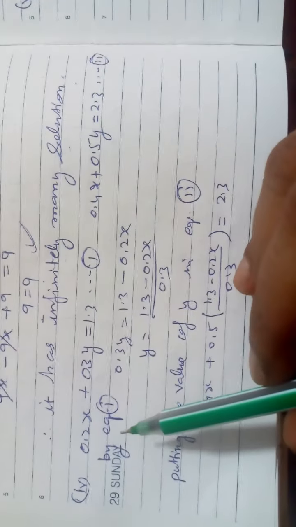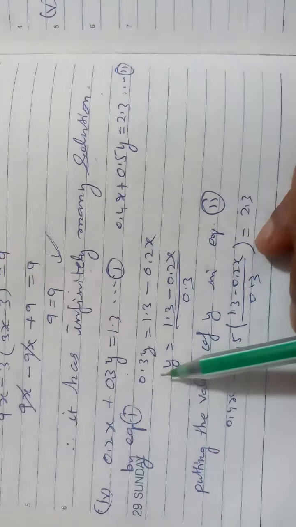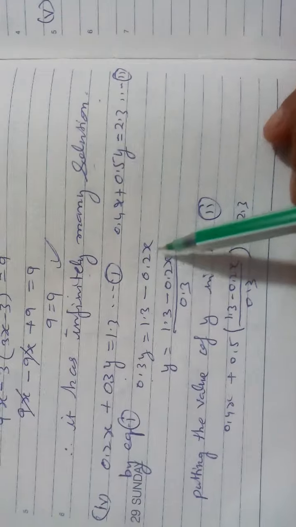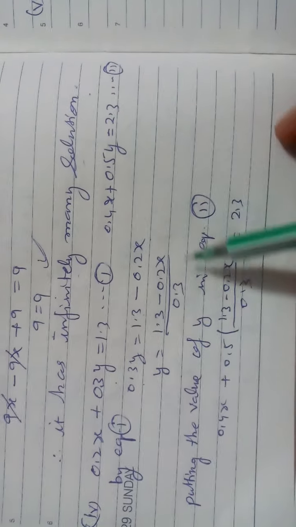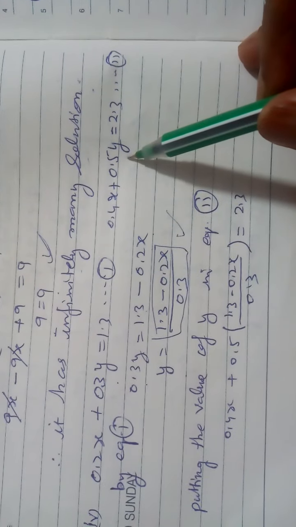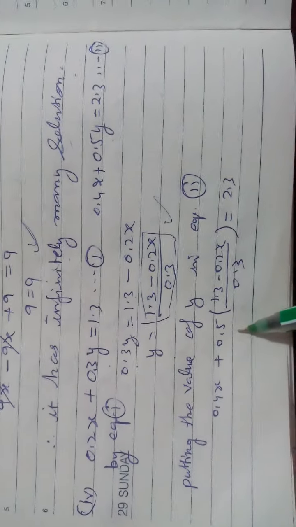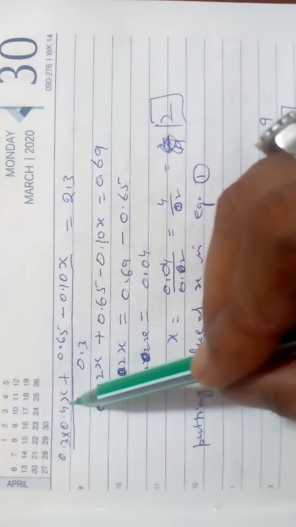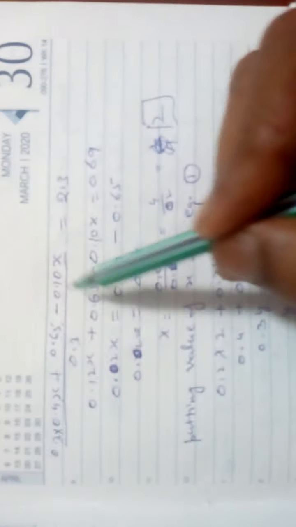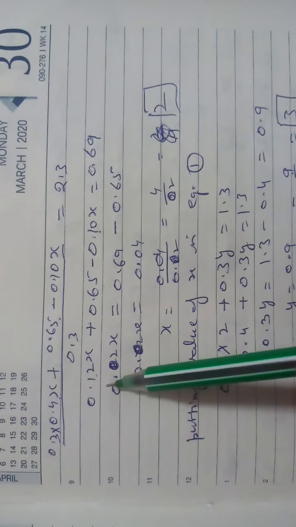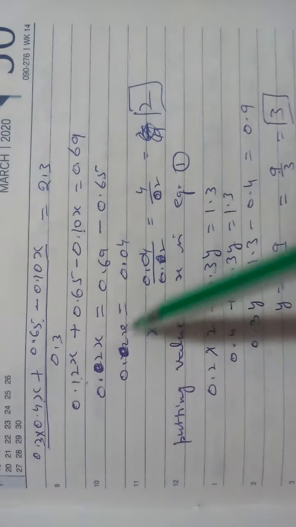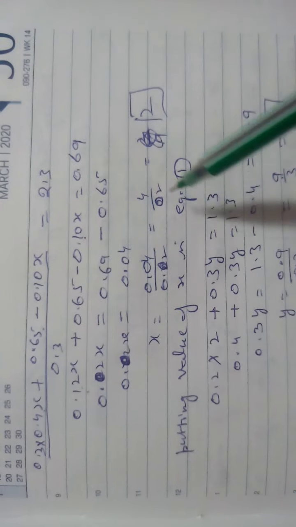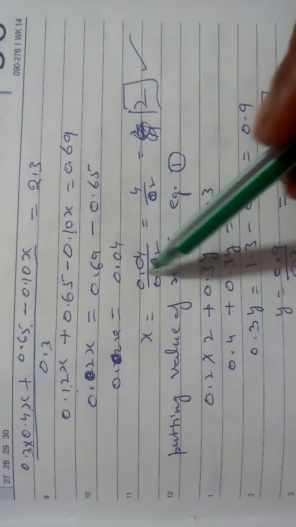The fourth part has decimal questions. So don't fear decimals. 0.3, 1.3 minus 0.2x, so y equals this. So this value we will put in the second equation. Here I am putting 13, 5, just here I have taken LCM. So by taking LCM, 0.3 into 0.4 plus, open the bracket, decimal place 4 times 3 is 12, so 2 places decimal. So here decimal, transpose, solve, your answer is coming true. Decimal and decimal cancel.